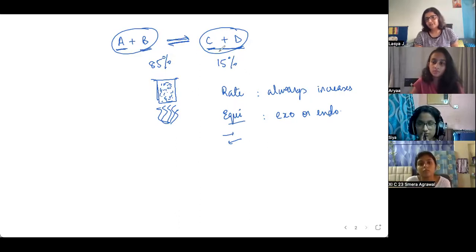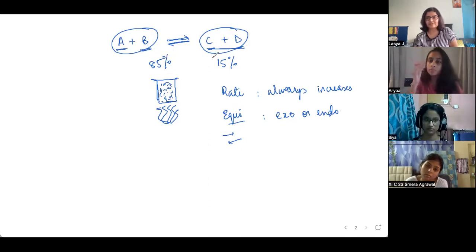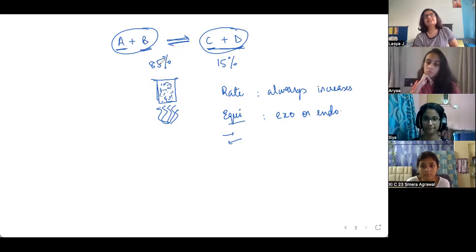Forward reaction equal to backward doesn't mean concentrations are equal. It's just the rate of the forward reaction is equal to the rate of the backward reaction. So if the forward reaction is slow compared to the backward reaction, if conditions are more suitable for the backward reaction, then, let's say,